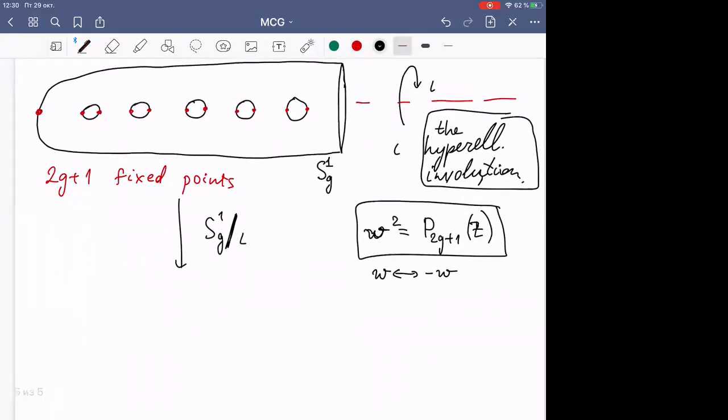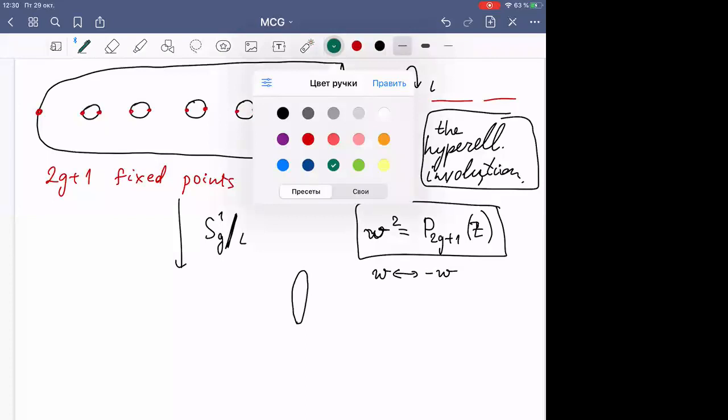So first of all, the boundary component will be again a circle, but this circle will be twice less than the initial one. The initial circle will come twice along this circle. And now, okay, how to produce this